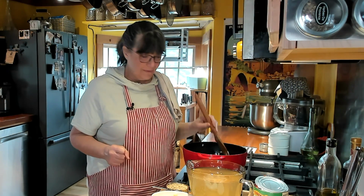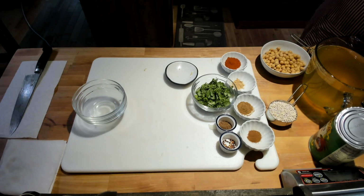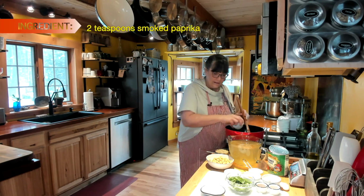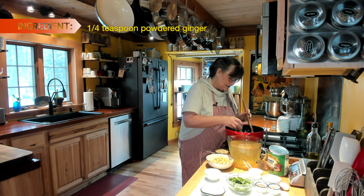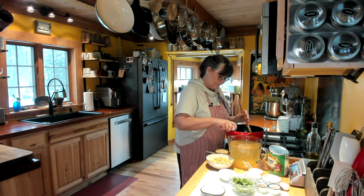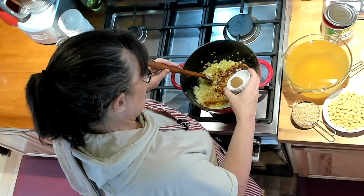Okay, the next step is I've measured out all of the spices. There's quite a few spices in this which make this really fun. There's smoked paprika and ginger. Now the ginger, today I'm using powdered ginger. I'm going to put this in. Oops, I missed some of that. And then we've got cinnamon,